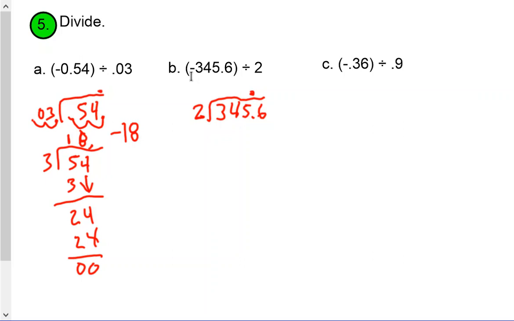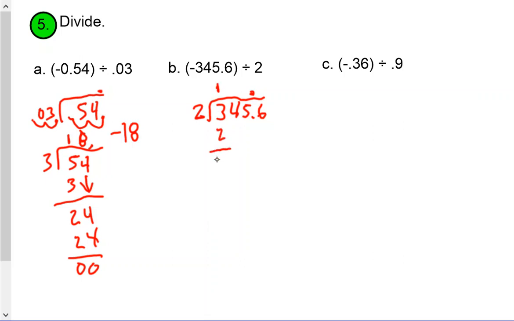Alright, B, we have negative 345 6/10 divided by 2. Okay, so we have one negative, so our answer is going to be negative. And then we're already dividing by a whole number, so we don't have to move the decimal, but we do need to make sure we put it up into our answer. All right, now we're ready to divide. 2 goes into 3 one time,